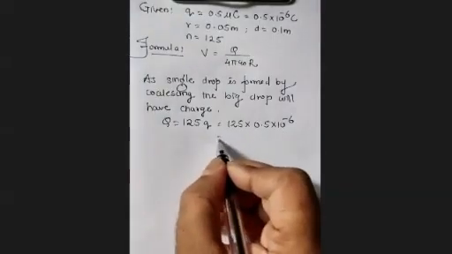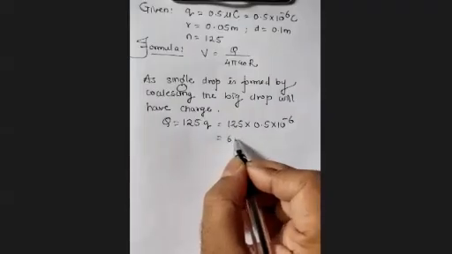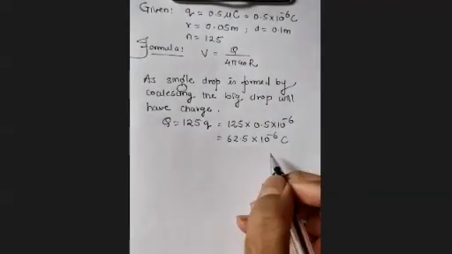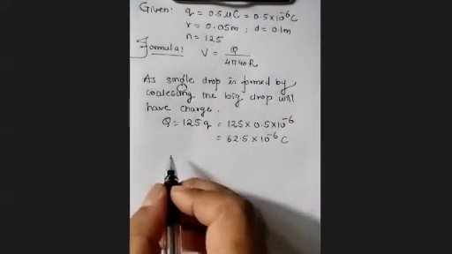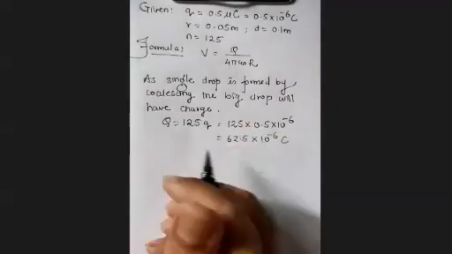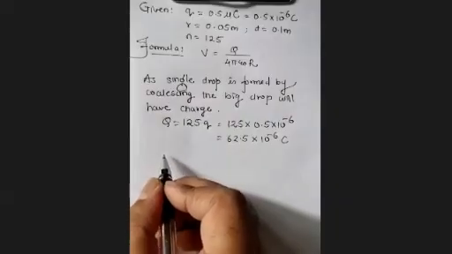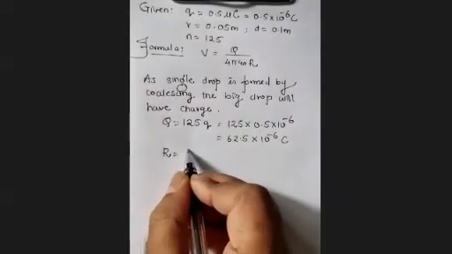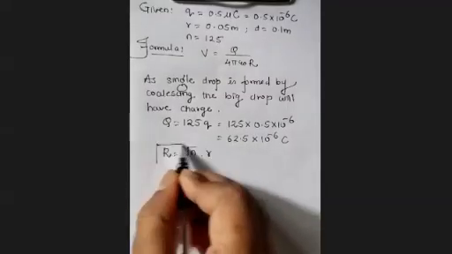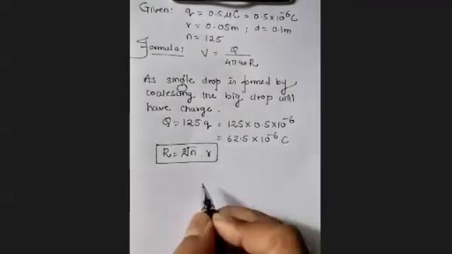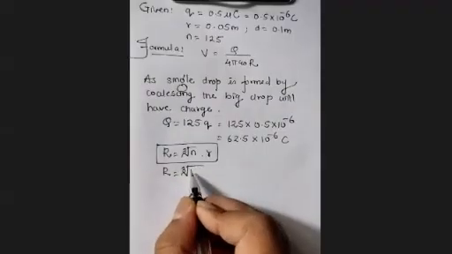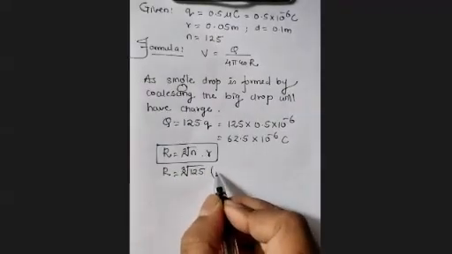That will be nothing but 62.5 into 10 raised to power minus 6 coulomb. Now, when 125 small drops combine to form a big drop, then the radius of the big drop will be equal to the cube root of n times r, this we have already used in surface tension. So the radius will be equal to cube root of 125 times the small r value,